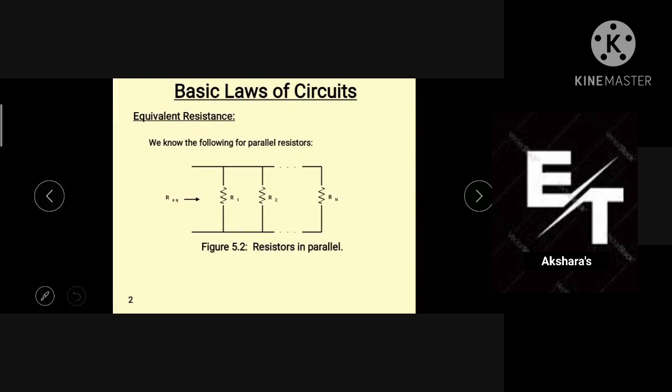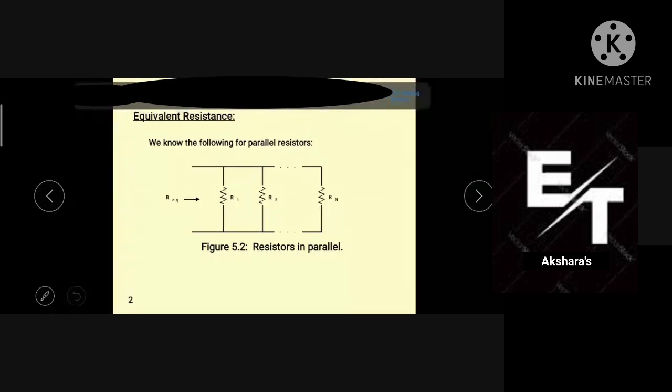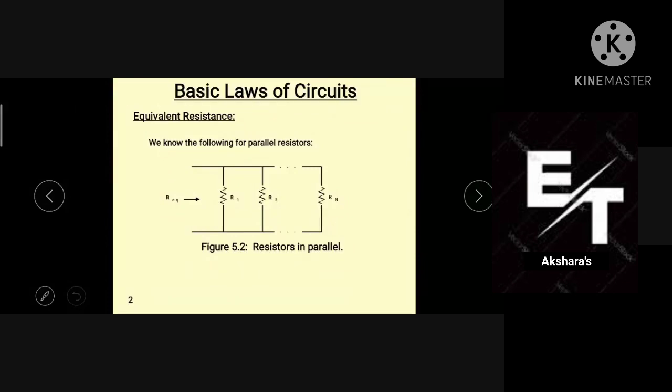Why? Because all the resistors are connected with different lines. In this circuit, we are using a total number of resistors, n number of them, that are all connected in parallel connection. This is a parallel combination circuit. We already discussed it in the last class. And we know the formula for parallel combination, that is 1 by RT equal to, and what is RT? RT is nothing but total resistance. That is our target. Equivalent resistance is nothing but the total resistance of a given circuit.